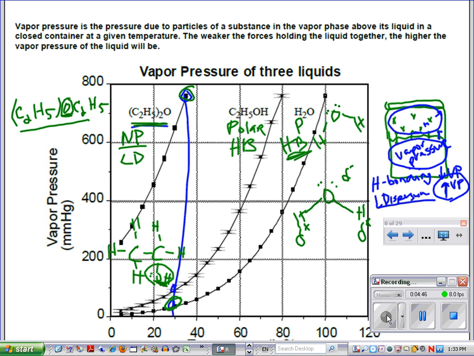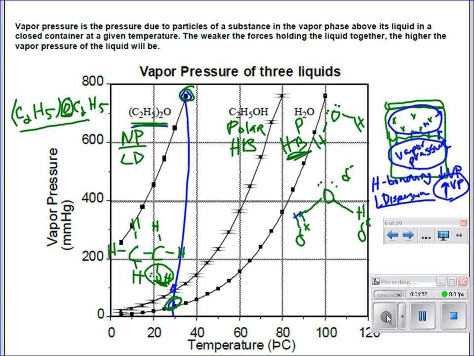Okay, the reason this is going to be a bit stronger in its intermolecular force is mainly because of the shape and the ability for multiple sites of hydrogen bonding. You see how we have a partial positive here? I can have a partial negative of another one come in there and in there, and so on and so on. So we have more sites, and the bent molecule allows for that type of compaction to